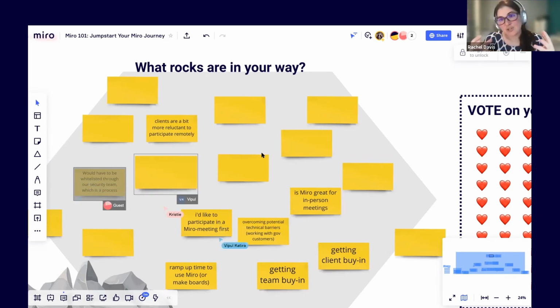If clients are reluctant to participate remotely, there is a feature on Miro where you can capture physical sticky notes and translate them to a Miro board. Let's say you did an in-person workshop with a client and you want to take all this information back and work with your team on the Miro board. I believe it's on the app. I'll get you guys some information on that and put it on the resources board. You just take a picture of all the sticky notes and it will translate it to your Miro board, so you can use it in a hybrid type of way. Okay.